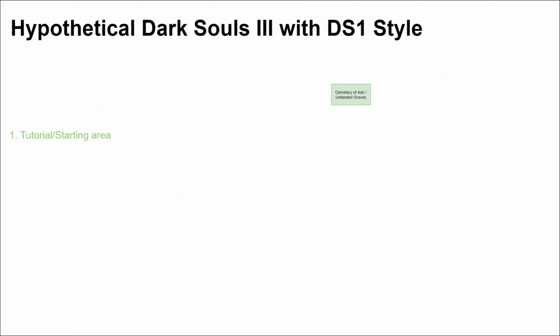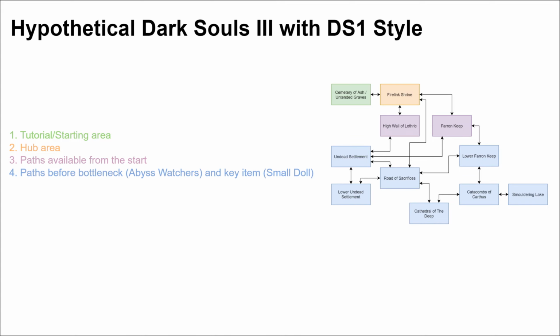Let's also do the opposite, by seeing how the Dark Souls 3 layout would look like with the Dark Souls 1 design philosophy. The start is the same again, except now Firelink Shrine connects to 2 locations. The world branches out heavily after this point, looping back to Firelink and other areas. Road of Sacrifices functions as a connecting area, like the Valley of Drakes in Dark Souls 1. After getting the small doll and beating Abyss Watchers, Irithil opens as usual, but the other areas loop back to